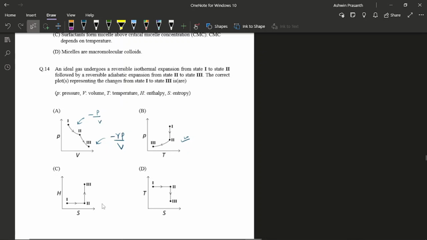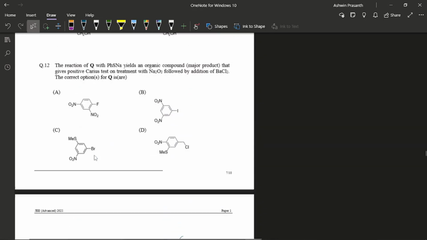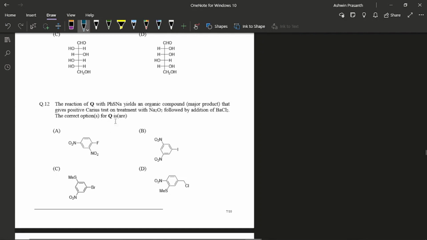So they try to trick you there, so you should be very careful with the options. Luckily, I noticed that and I marked the right one. So yeah, that was this question. I don't know if they corrected the key for this, but according to me, this shouldn't have been an answer. Anyways, moving on to this question.